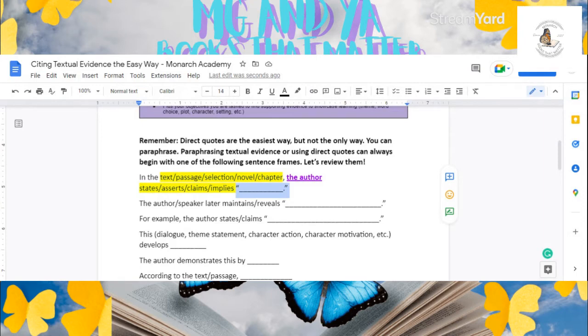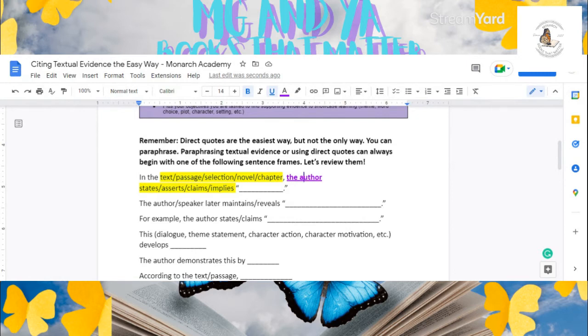So instead of just saying the author, you can put their last name. You can put their first and last name the first time. If it is a research article that you found and it has multiple authors, you can cite that as well.